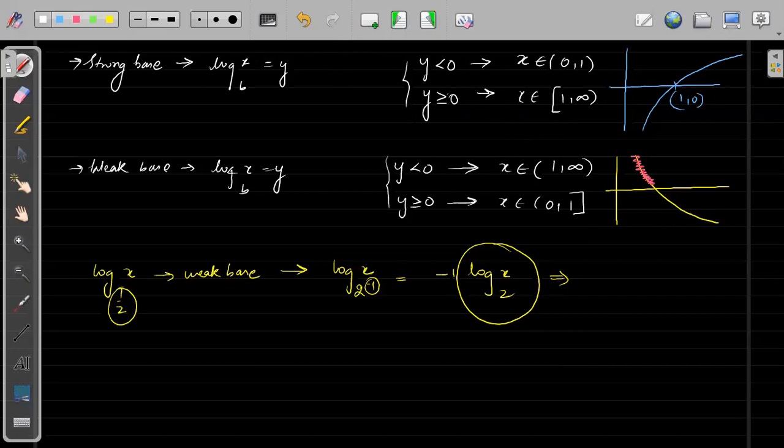Yeah, every weak base can be converted to a strong base. Yes, obviously. Take any weak base. Suppose you are writing 0.02. If I take the fraction out, this will become 2 by 100, which is 1 by 50. So I can write 50 to the power minus 1. Now the minus 1 will come outside. Log x base 50 will become negative. So it can be converted to a strong base. I hope now this is clear.